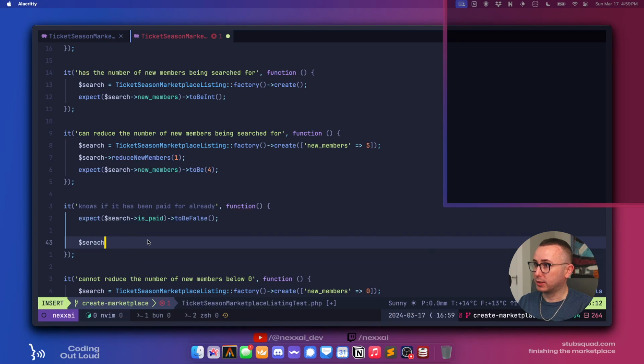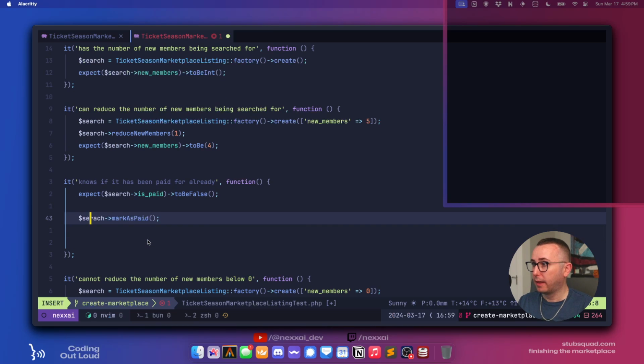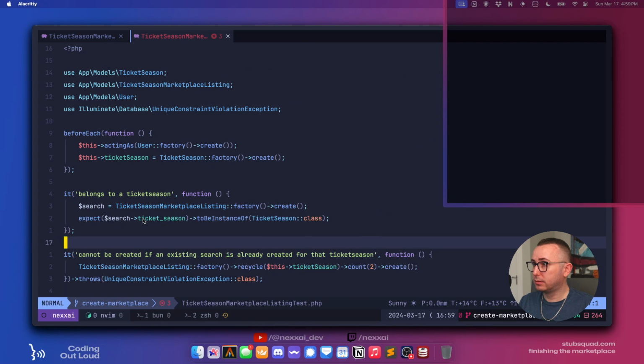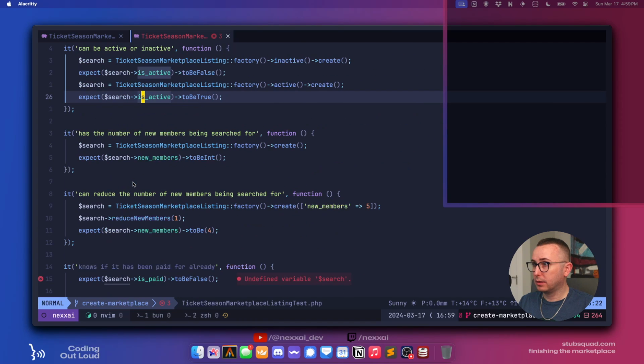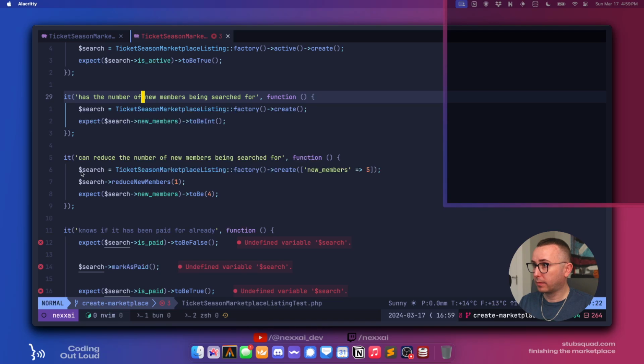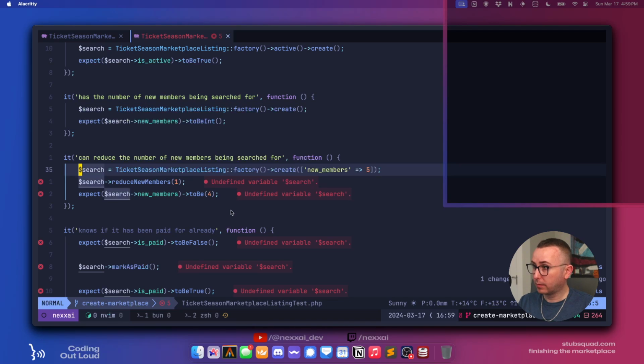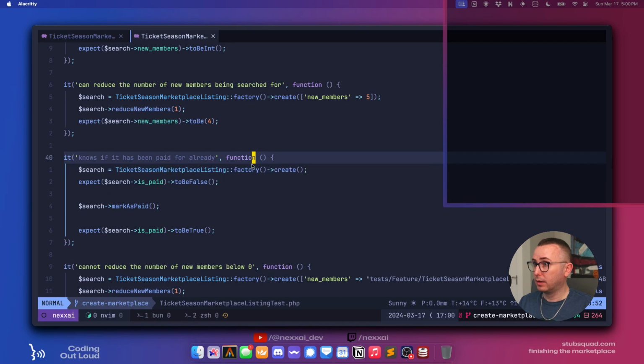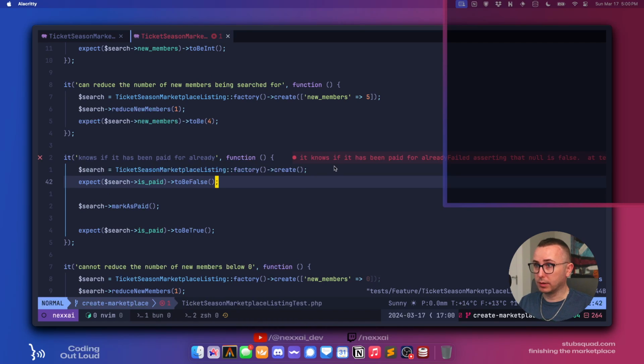I'm going to say mark as paid. So we'll have to write this function as well. And then we will say expect is paid to be true, right? Okay, so right, this is going to fail. Good.